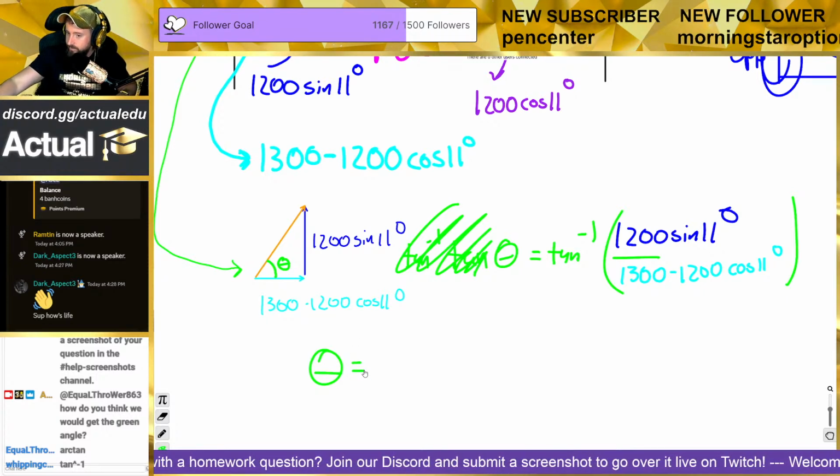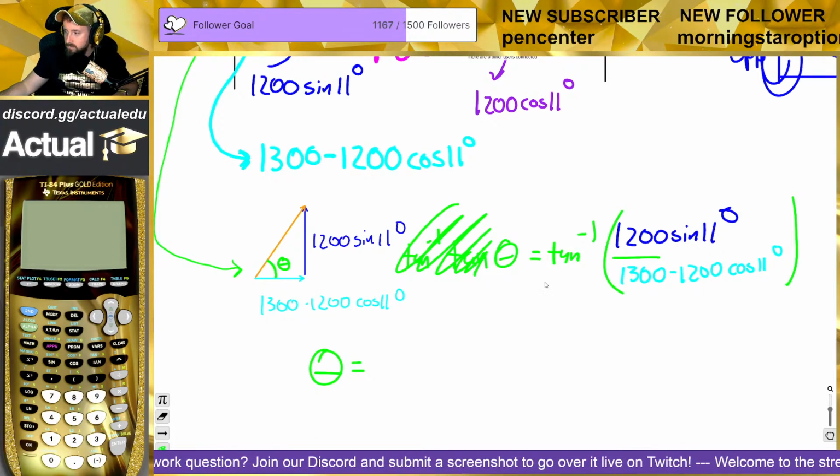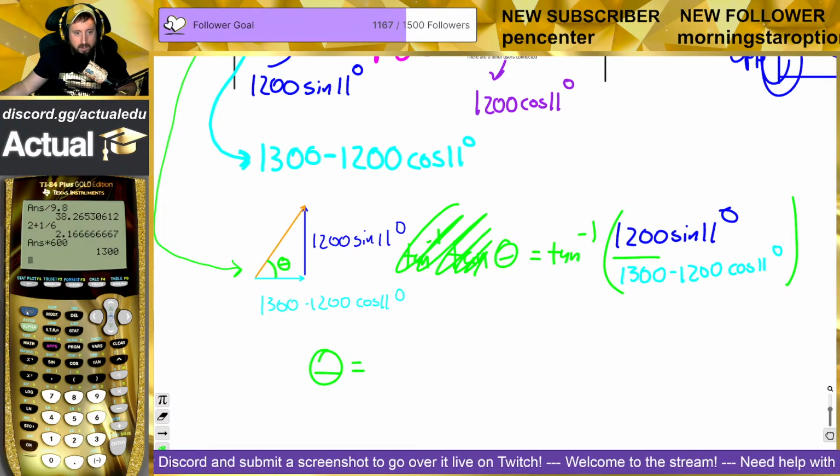So that theta, we can then do, where's my calculator? Okay, cool, there we go. So that's going to be arc tangent of 1200 sine of 11 divided by, and then this is going to be,